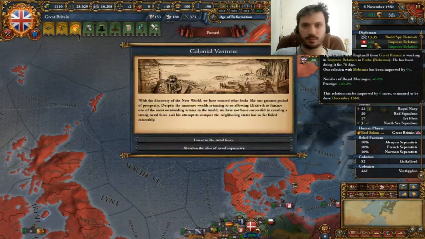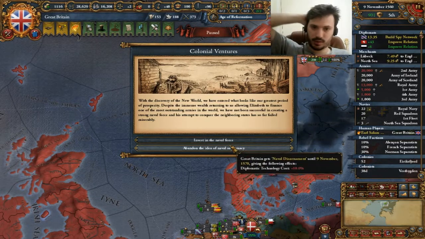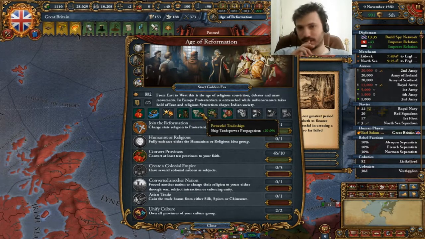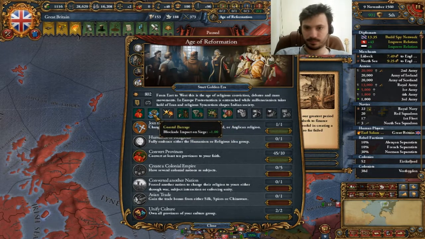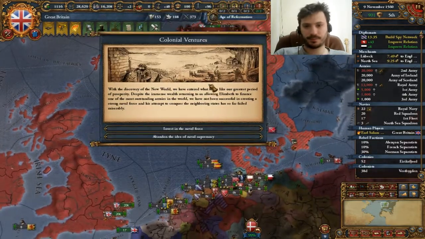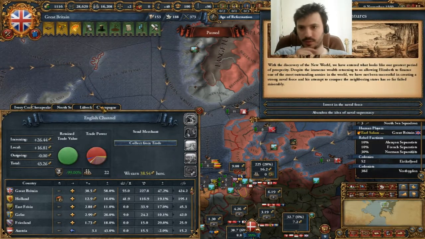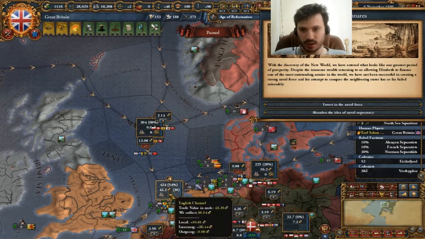Truce with Siena ended. Diplotech cost. So, ship trade. I want this too. We'll take ship trade power propagation. I think trade power propagation goes, what's this called? Downstream or upstream? I think it goes upstream, meaning from the English Channel, our ships, our trade ships, propagate their